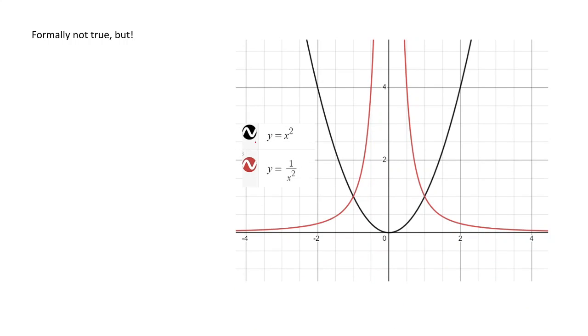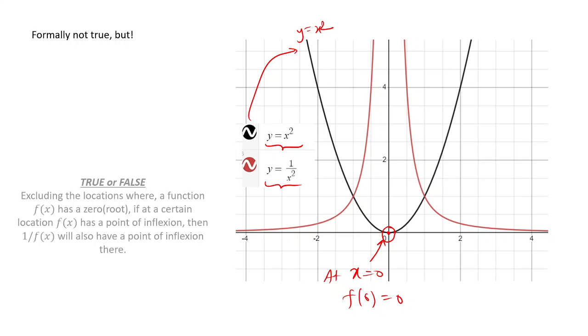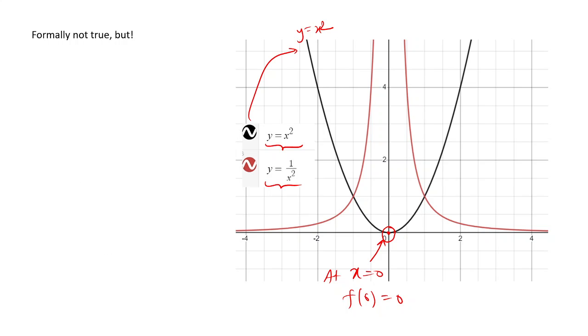How so? Suppose this is y is equal to x square, this is y is equal to 1 by x square. Black graph is of y is equal to x square. And you see that it has a minima here. It has a minima at x is equal to 0, right? And at x is equal to 0, f(0) is 0. So this is that point where the slope does not get defined, right? This is that place where the slope does not get defined. But if you see more closely,